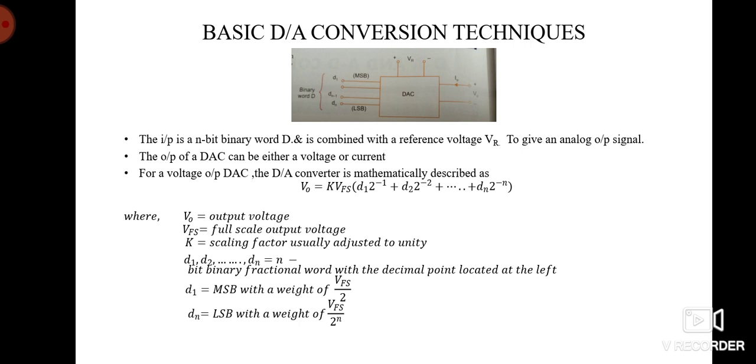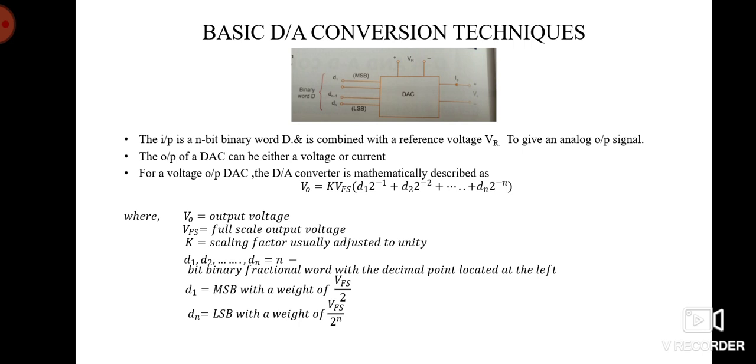The output of a DAC can be either a voltage or a current. For a voltage output DAC, the conversion is mathematically described by the equation V0 = K VFS (D1 2^-1 + D2 2^-2 + ... + Dn 2^-n), where V0 is the output voltage, VFS is the full scale output voltage, and K is the scaling factor, usually adjusted to unity. D1, D2, ... Dn are the n-bit binary fraction word